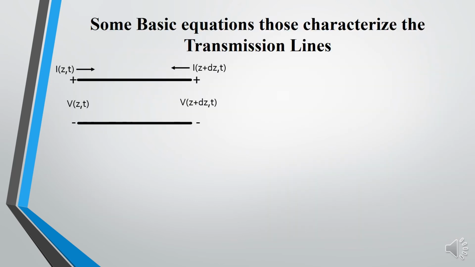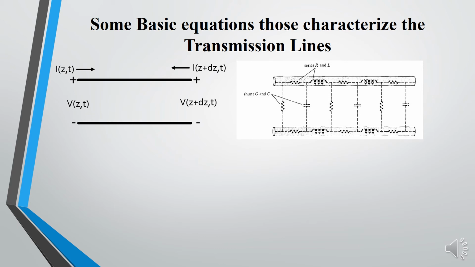Now, a twin wire or coaxial transmission line can be equivalently drawn like a two conductor line which has two ports. Port 1, the voltage of port 1 is V(z,t) and current is I(z,t), and at port 2 voltage is V(z+dz,t) and current is I(z+dz,t), where we have considered a very small length of the transmission line as dz, right? And so the equivalent circuit of this transmission line can be drawn like that. Already we have discussed this in the previous slide.